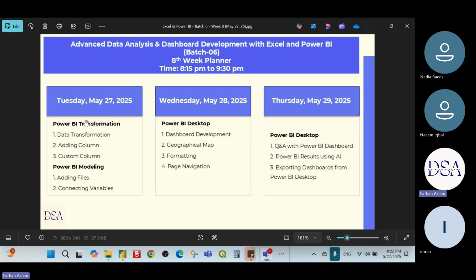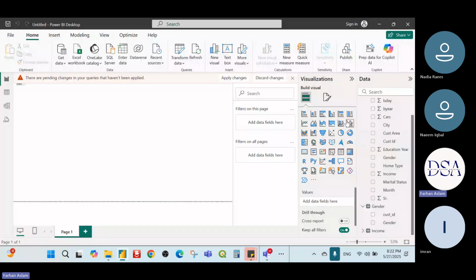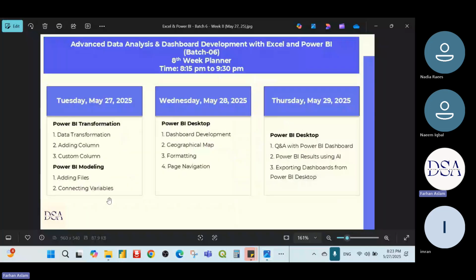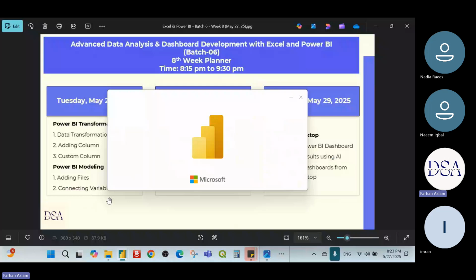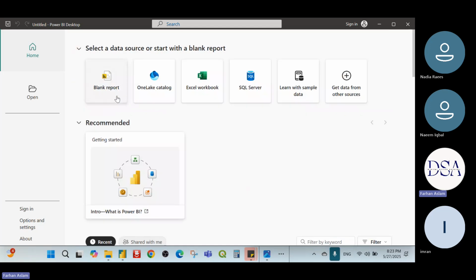So let's start with Power BI transformation. What do we mean by Power BI transformation? So let me open this Power BI file. I have already opened some files. Let me close and open from the very beginning. We will import some file in Power BI. So the Power BI program is about to open. Yes. So we will be clicking on this blank report to start this program, to open this file. So click here,